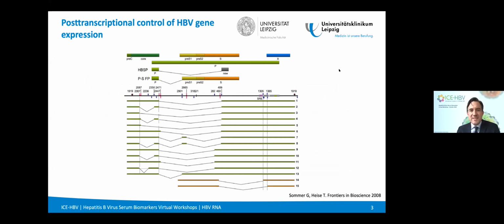This is a figure that comes from the first group I was working in, Hans Will's group in Hamburg, and I had the pleasure to start working on HBV RNA at the time. Here the colleagues were looking at all described and possible spliced forms of HBV RNA. There is a number of spliced RNA variants. They are spliced at different sites, and then they're used together by the